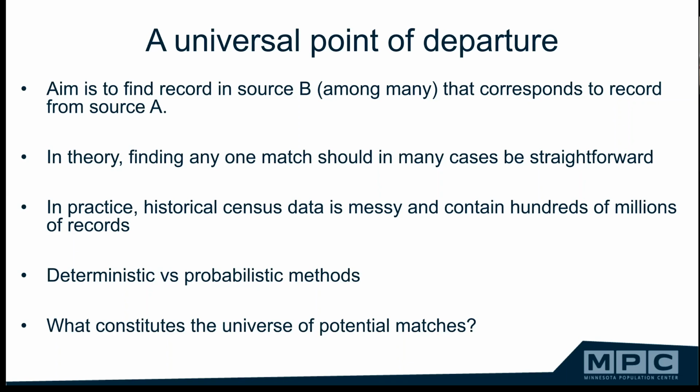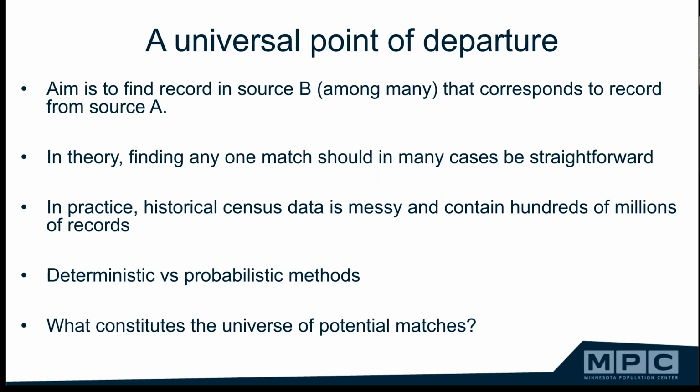We're not working with the original source material. In many cases it was digitized by people who were not native English speakers. In addition, in some cases the person writing down the information did so in a way that was very, very difficult to read. So in practice, this makes things quite difficult.